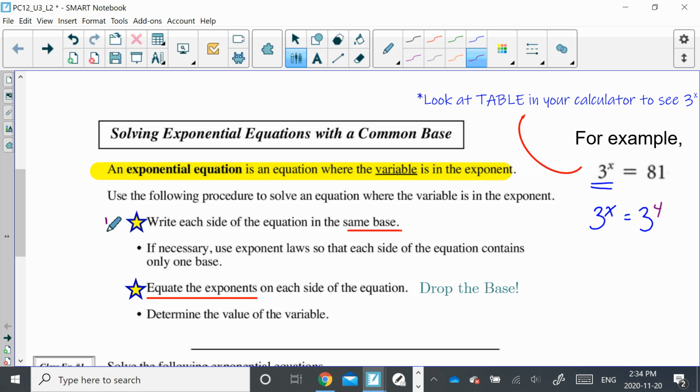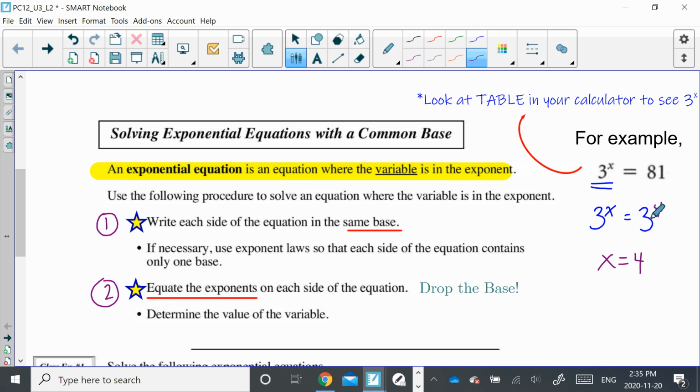So that was step 1, right? Each side of the equation in the same base. Then we go to this step for this question, equate the exponents on each side of the equation. If we are dealing with an exponential equation and we have each side of our equation with the same base, we can do what's called drop the base. You're going to drop the base and you're going to equate the exponents. So because I have the same base, I can now drop the base, and I've got x is equal to